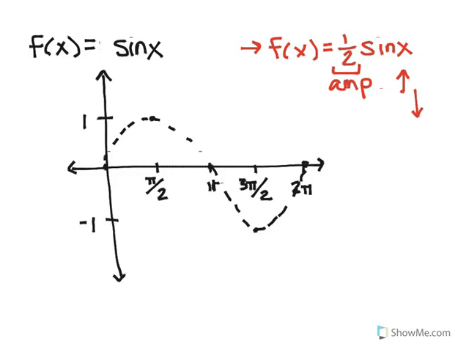Now, the amplitude is actually written in our parent function. You just can't see it. The coefficient that's sitting right here in front of sine is 1. And notice that that is the highest and lowest point that you have. Another way to look at it is it's always going to be the distance from a peak to what we call the midline. And a midline can move, it can change if you're moving it up and down, but the midline cuts your function in half